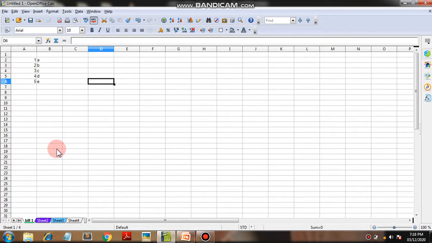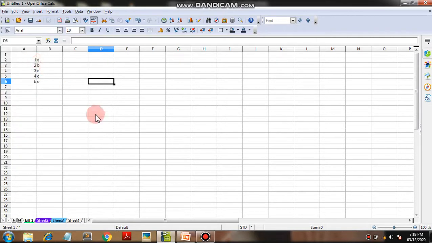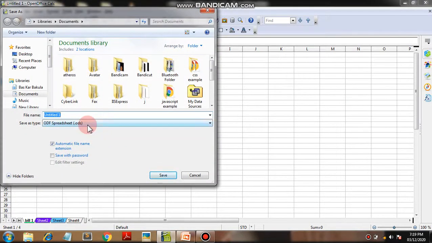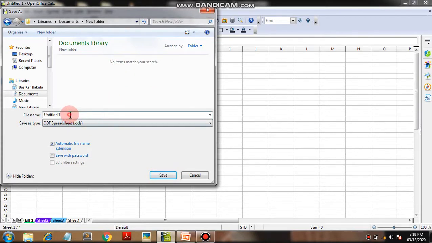So this is the basic idea of how to freeze a column, how to rename a sheet, how to recolor the sheets. Now, how to save your file. Again go to the file option; both options are available, save or save as. Go to save or untitled one. First of all, choose the path where you want to save your file and give a name to that file. The extension is already available, then save the file.